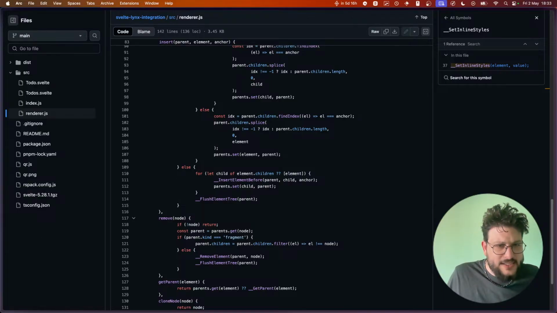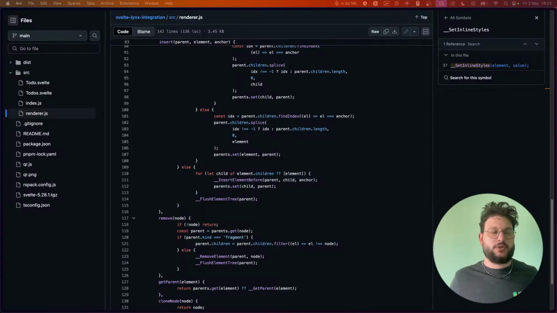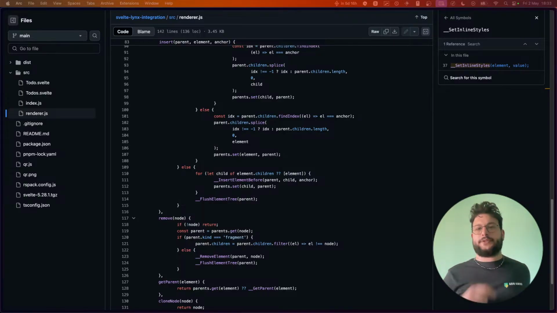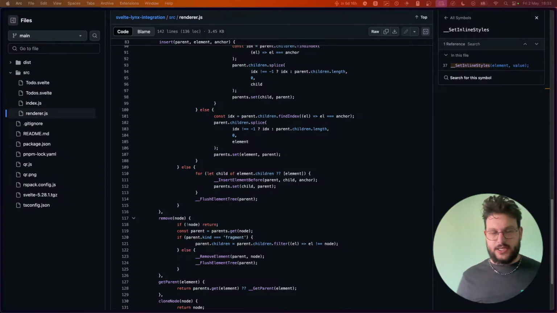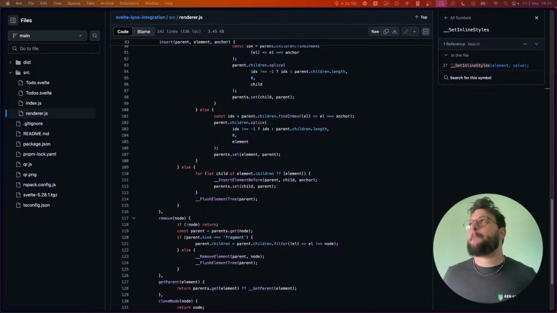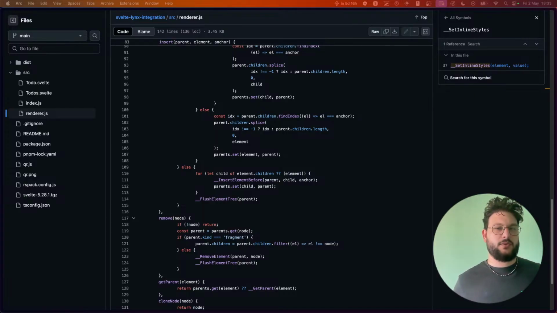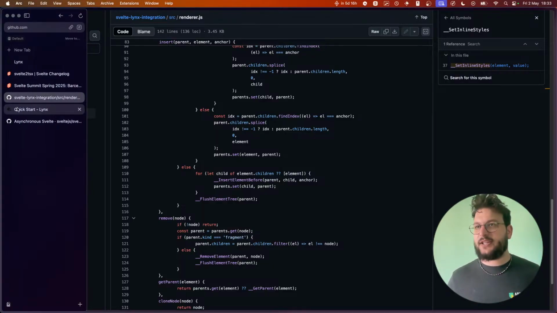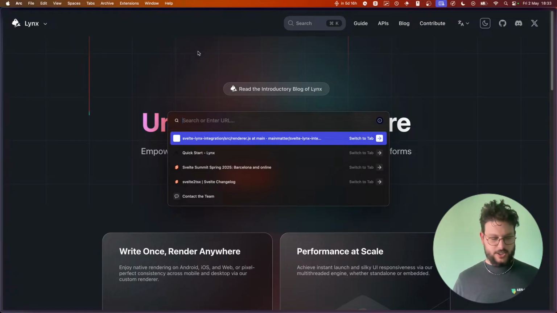Hi, is there AST modification when you create a custom renderer? Is it AST modification? So there are some changes when you create a custom renderer. Mainly, yeah, there are some changes in the AST. So not in the AST actually, but in the transformation. So when you write a Svelte component, let me open